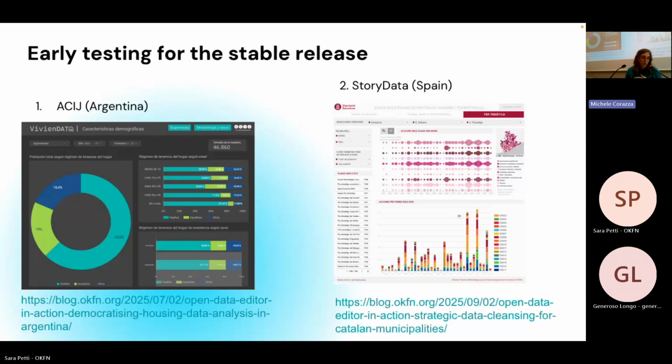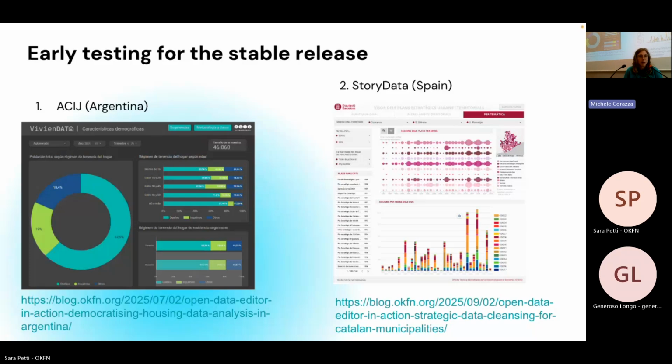And Story Data, which is a data communication project from Barcelona, Spain, where they also develop a dashboard, which is this one here, which is basically cross-referencing territorial data with family income and SDGs. And again, some of the problems that they had was that the data was fragmented, it was lacking standards, and there was a lot of historical data which was designed more for humans than machines, so that made it kind of tricky.